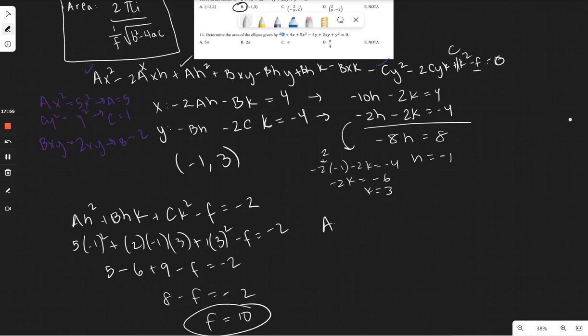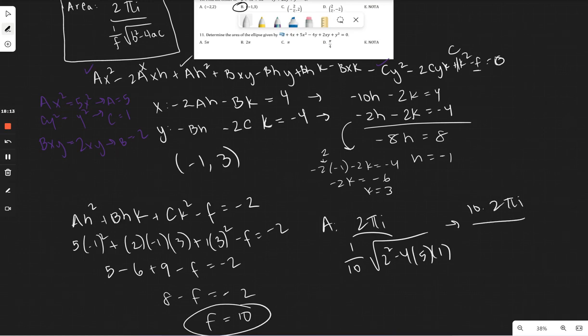So we get that the area is equal to 2 pi over 1 over 10 times b squared. So 2 squared minus 4 times 5 times 1. And here is what I was talking about, because when we use this, we get 10 times 2 pi, and on the bottom, we get 4 minus 20, so this is the square root of negative 16, and we're going to have to use the i, this is just, negative 16 is just i square root 16, so this becomes